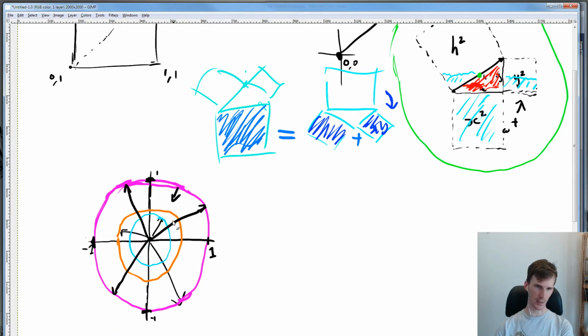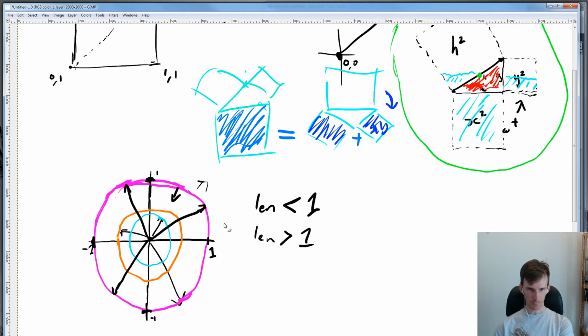All of the vectors of length 1 define that circle. We can also say that all of the vectors of length less than 1 will form the inside of that circle. So if we want all of the vectors inside that circle, a filled circle, they're going to be length less than 1. If we want all of the vectors outside of that circle, we want all of the vectors that have a length greater than 1.